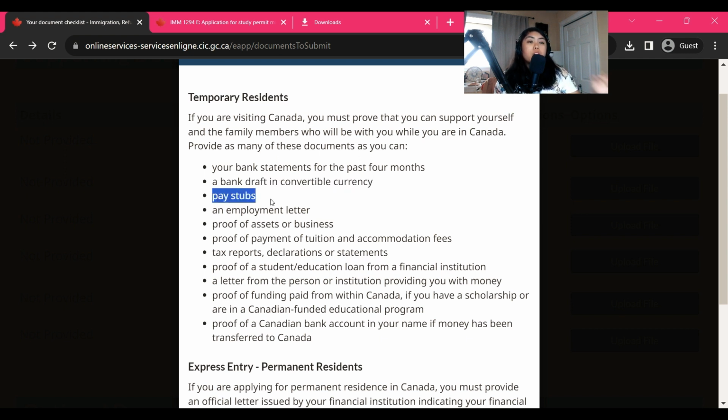If you're working, if you are an employee and you are gonna support yourself in studying abroad, you put your pay stubs from your employer. You know what a pay stub is. Pay slip. I don't know, we call it pay slip in the Philippines. Employment letter or certificate of employment, proof of assets or businesses if you have land titles, business titles,